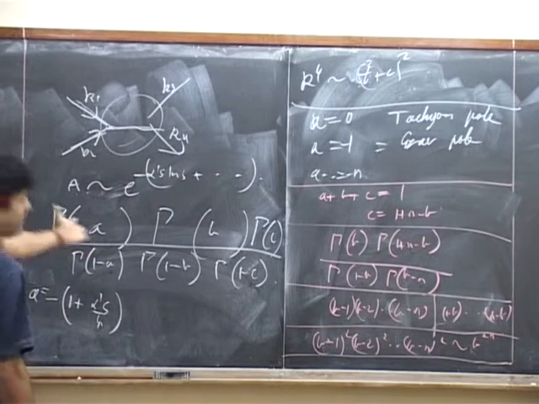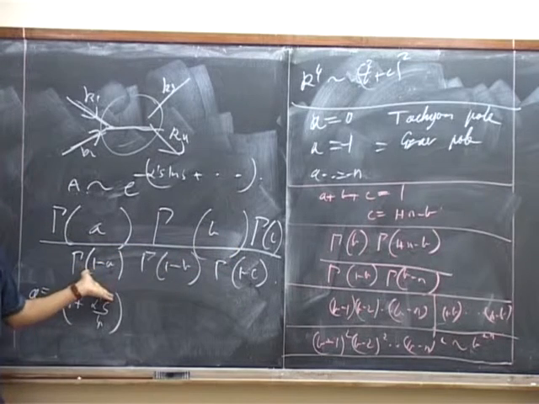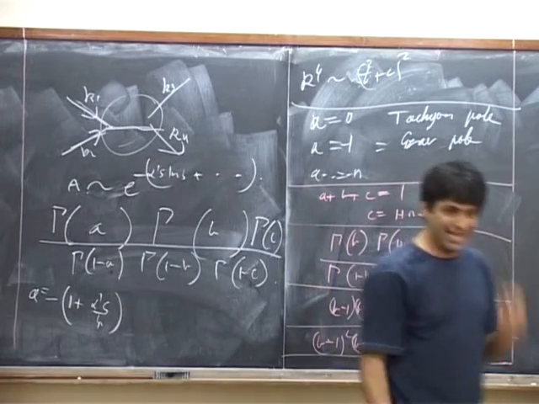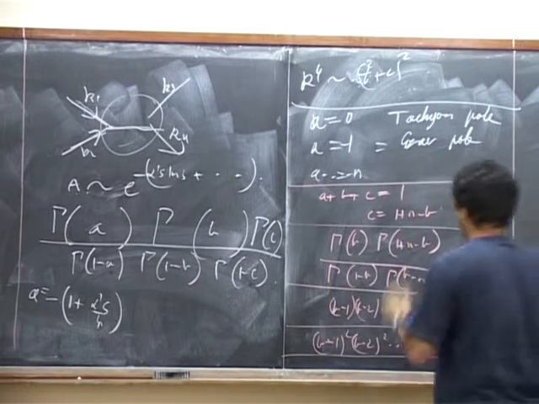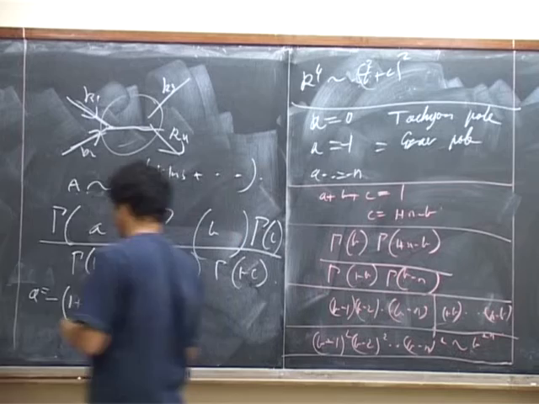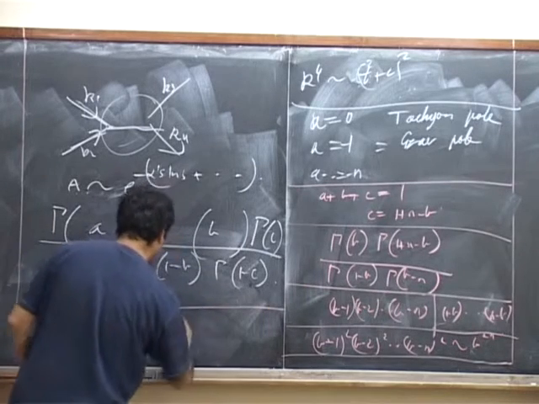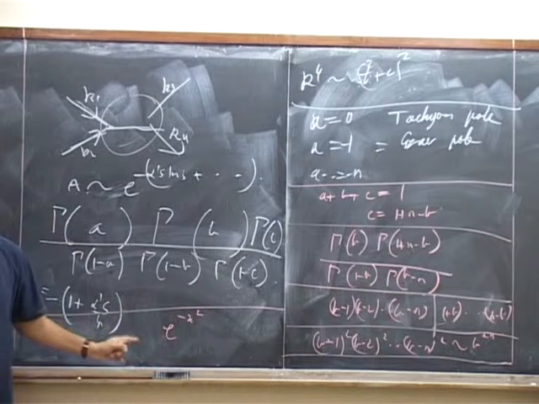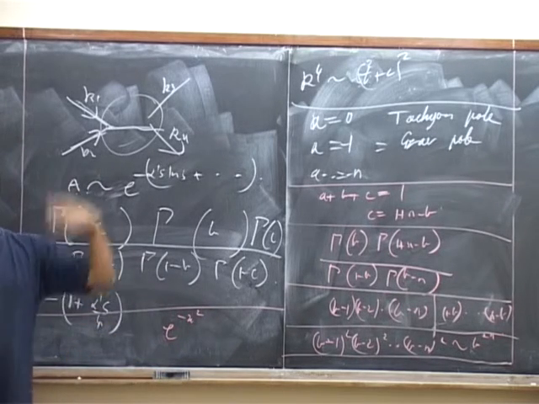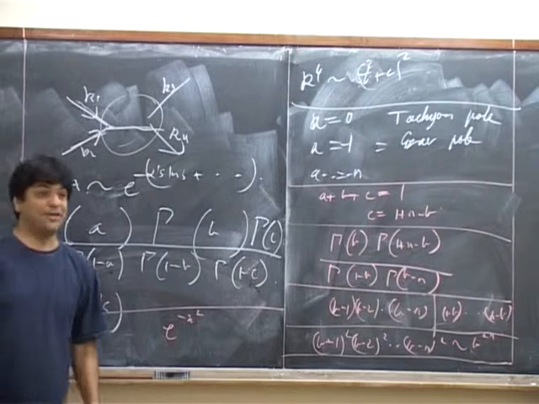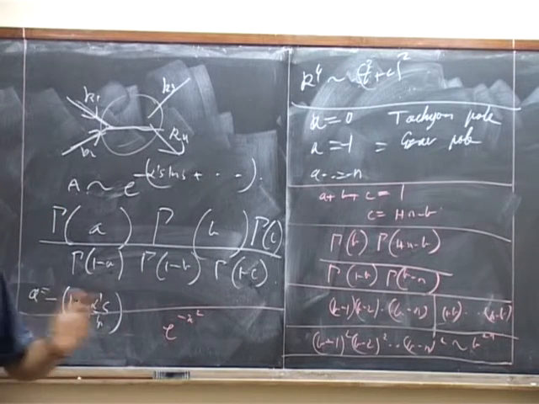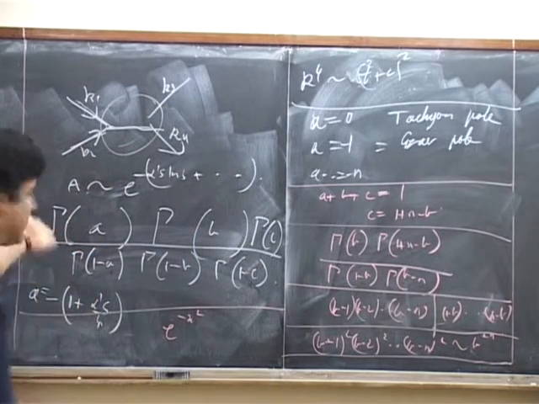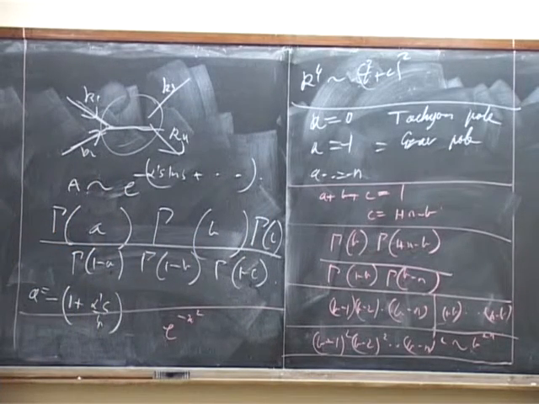However, that's not true. Look at the high energy limit of the exact answer. It's an exponential. If you take something like e to the power minus x squared and Taylor expand it, it looks like x squared plus x to the 4th plus x to the 6th and so on. And you say, oh my, this must mean that when x becomes very large we're in deep trouble because we're getting x to very high powers. That's nonsense. All we had is e to the power minus x squared.